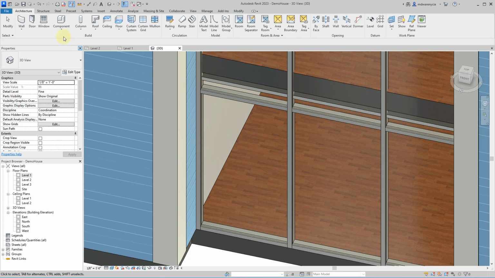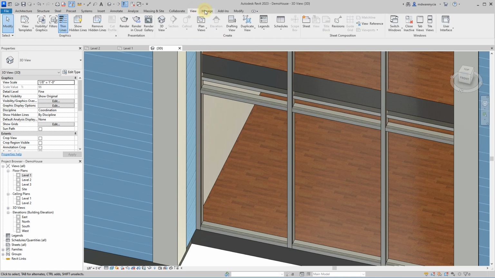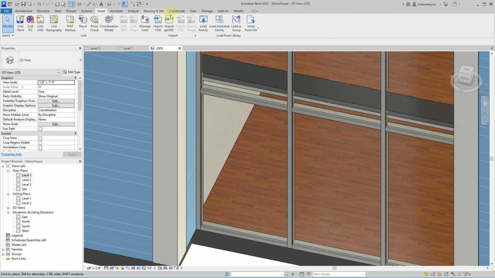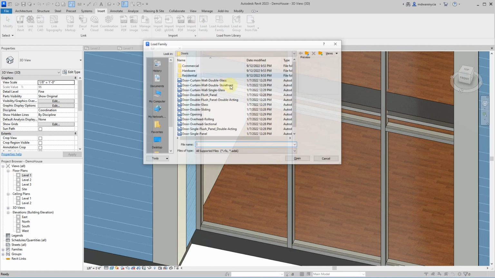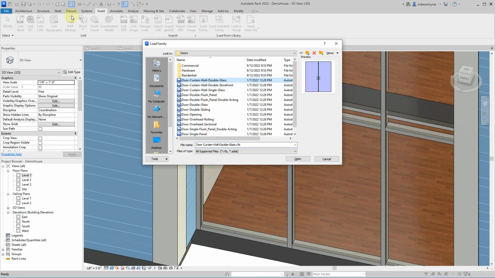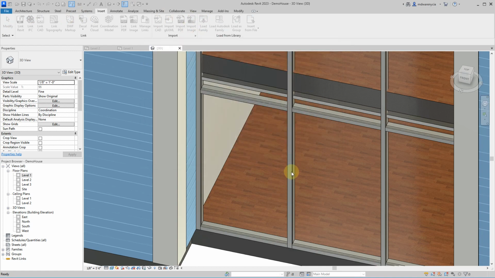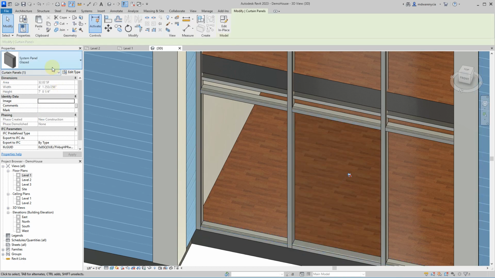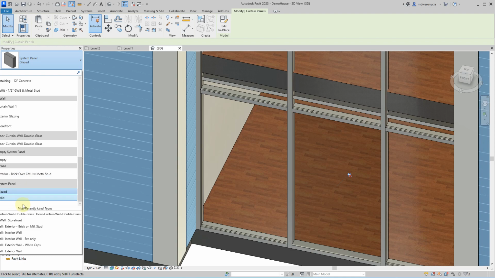Oh, I did that the wrong way. Sorry. I have to be out here, and then I have to go to Insert, load family, and load it through the Insert menu. Okay. I always forget about that step. It's one of those that throws me off every time. Okay, so we're back in here, tab, select it,